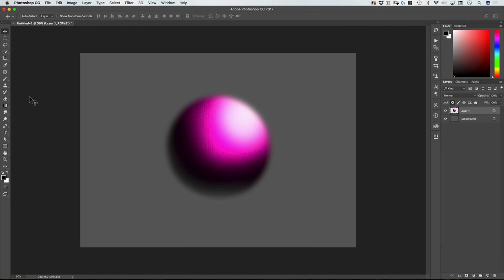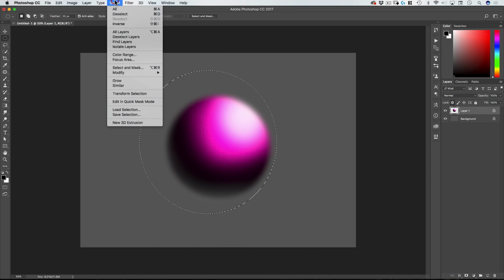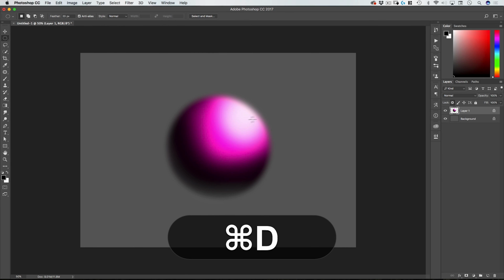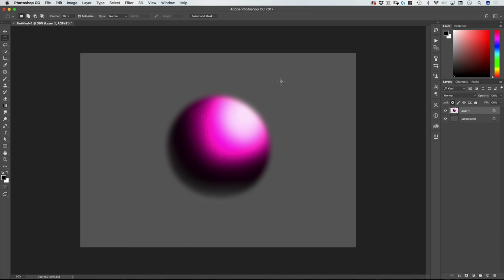Okay, and the last shortcut I want to discuss is when you do have a selection of any kind and you want to drop that selection, the shortcut is Command D. That's a shortcut I'll use very often. So Command D will just drop the selection, meaning you have no active selection. Okay, so that's kind of your 101 on Photoshop, and now we're ready to start on the actual composite.